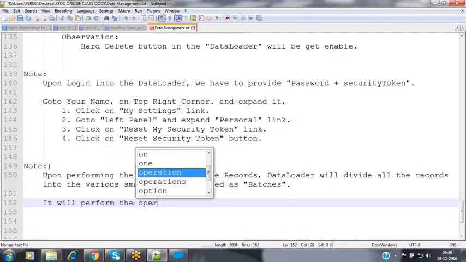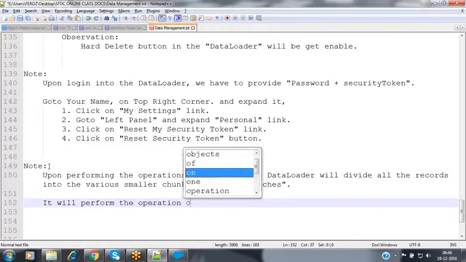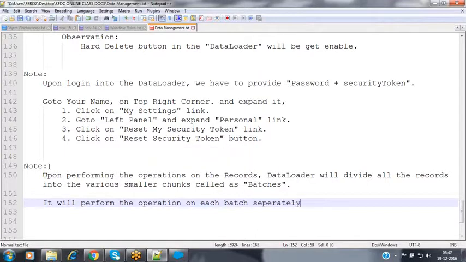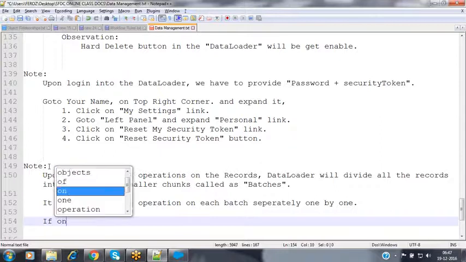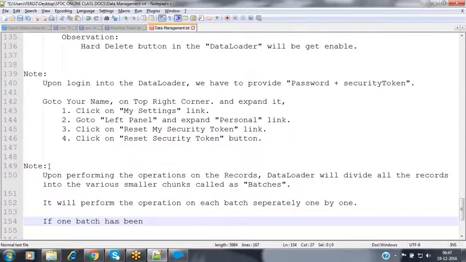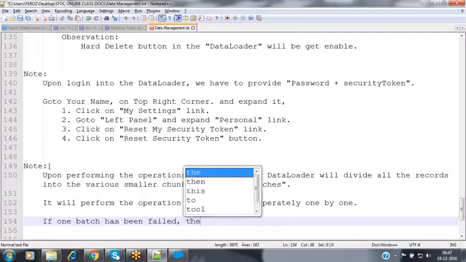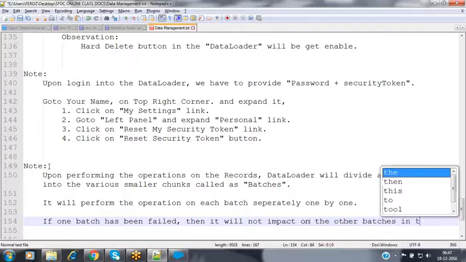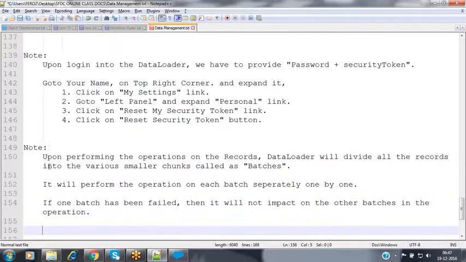It will perform the operation on each batch separately, one by one. If one batch has failed, then it will not impact the other batches in the operation.